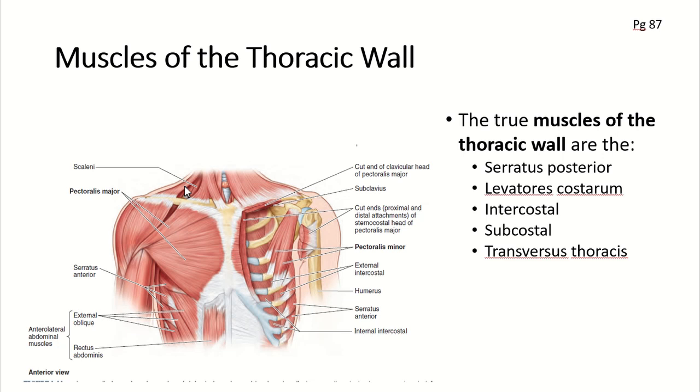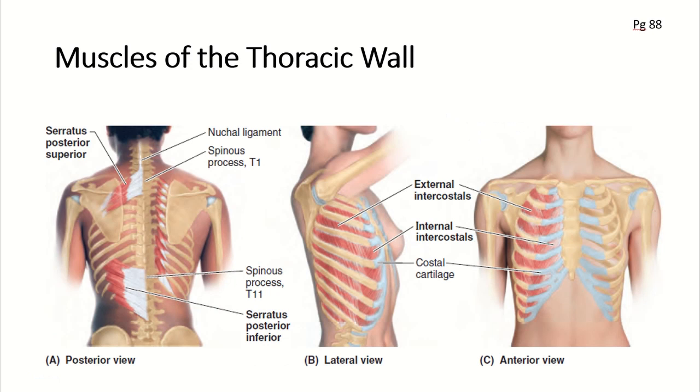Now, the true muscles of the thoracic wall are the serratus posterior, the levatores costarum, the intercostals, the subcostals, and the transversus thoracis. And as you can see here, they're all in this picture, or some of them you can't actually see in this picture, they're on the other side. So if we think about them from this view, we can see the origins and insertions of these muscles